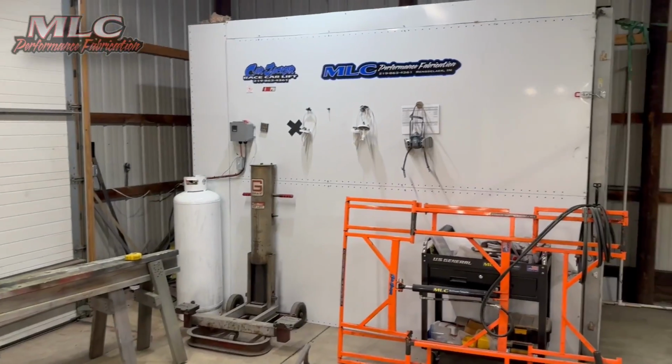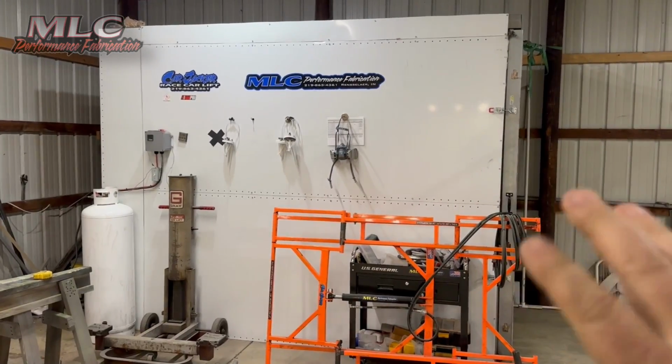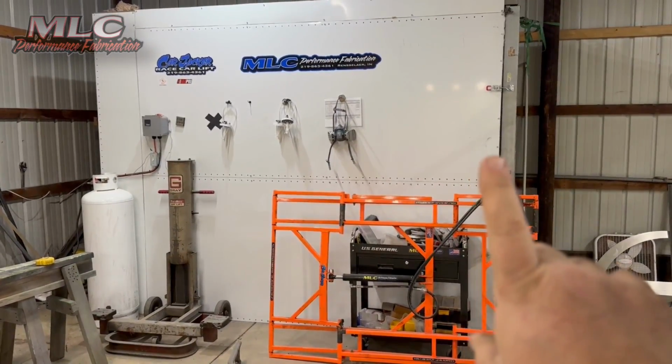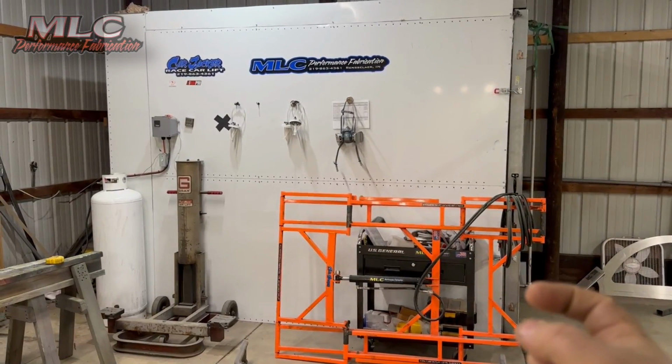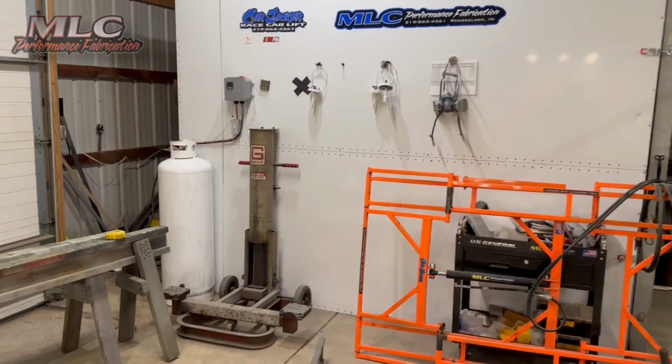Now in this video, we're going to address some of the questions I've been asked about my oven online. In the last video where we were doing the chassis and the rolling cart stands, the oven was 4 foot wide, 8 foot tall, 6 foot deep. The oven has went through a little bit of a change. Notice the insulation hanging out all over the place. The oven is now still 8 foot tall, it is 10 foot deep, and it is 4 foot wide. And I finally got the